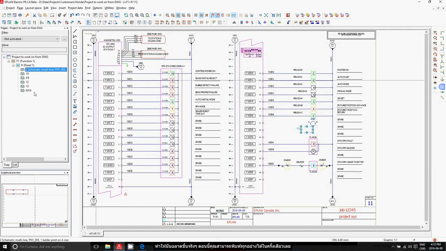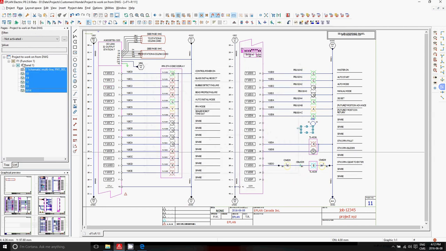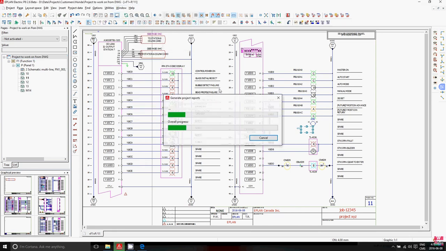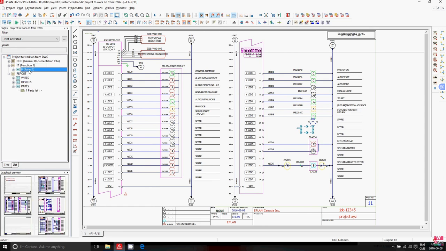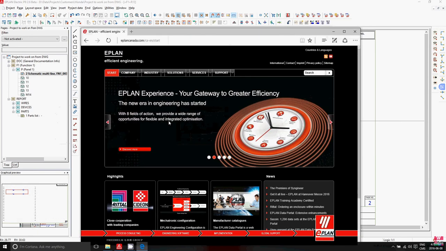Now you can actually print it all in one shot like this, print. You can use it to generate a bill of materials, whatever you want, out of the new stuff that you added into ePlan. So all the smarts are there, of course, based on what was here drawn in a smart way. So this was ePlan and